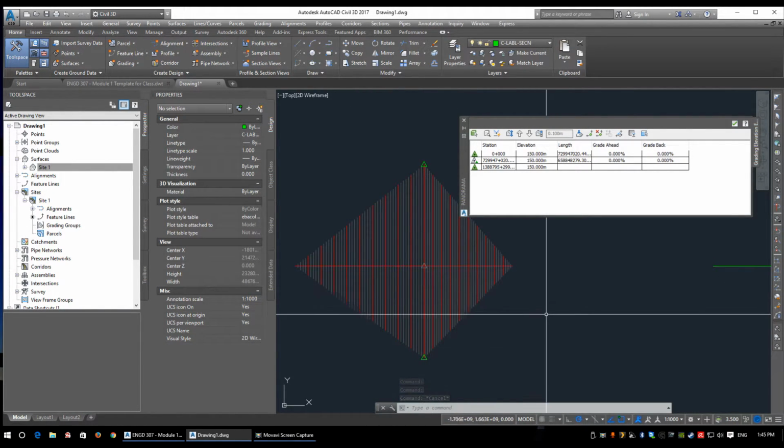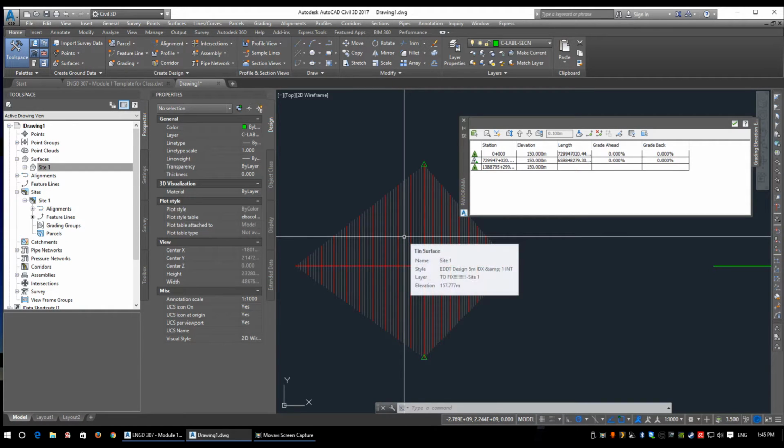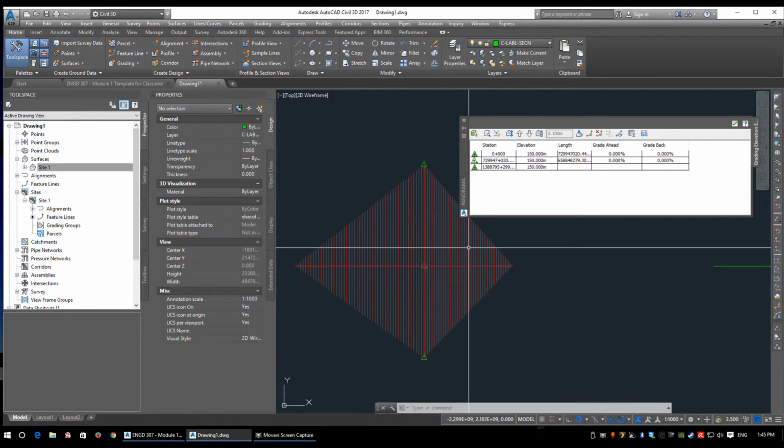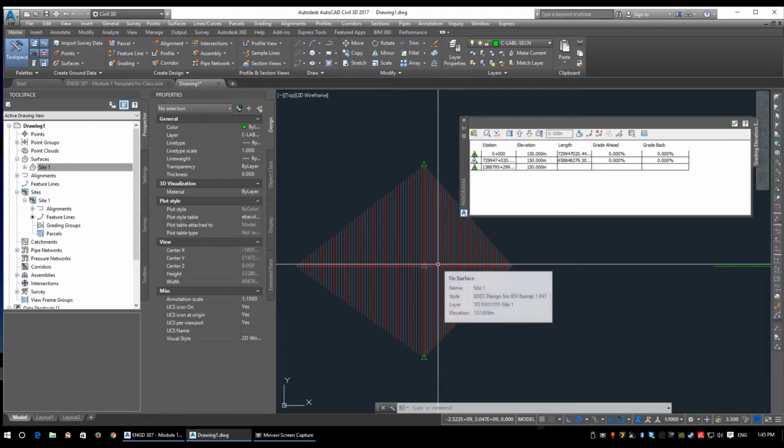They're causing issues. We'll never have two feature lines crossing each other at different elevations on the same site. That is where the multiple sites come into it. Now, you can have as many sites as you want. Have 20, 30, 40 sites, as long as it keeps your drawing clear and clean. Now, this is probably the number one reason why Civil 3D crashes, is having crossing objects at different elevations on the same